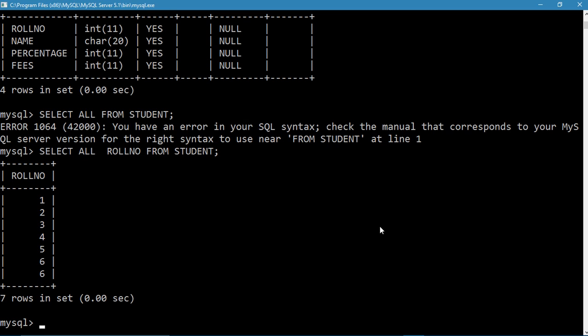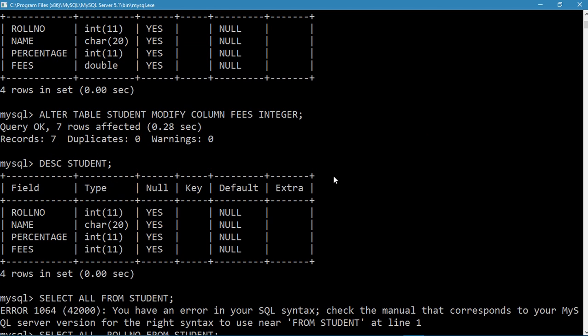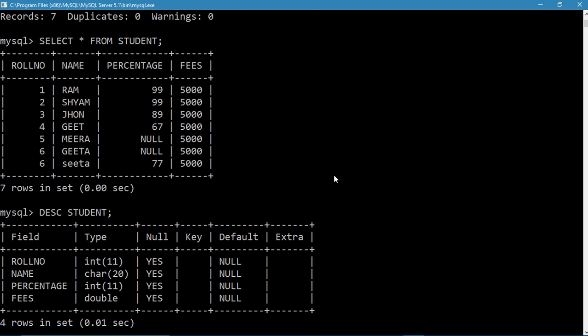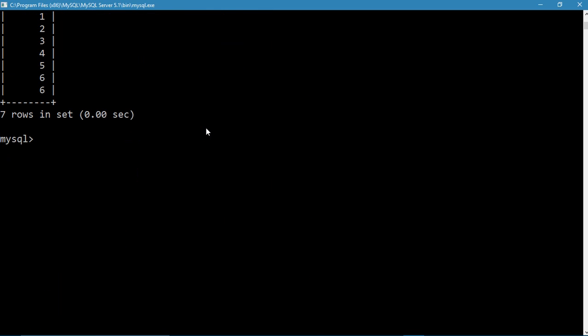If we want to drop a particular column, let us say this fee column that we have made here, I want to drop it. How to drop it? Then the command is alter table student drop column fee.